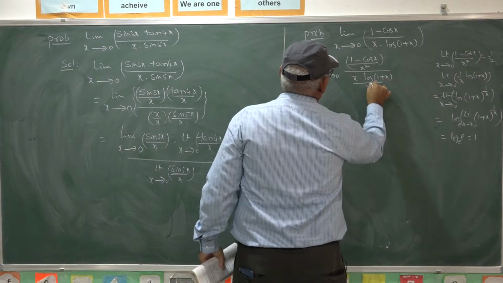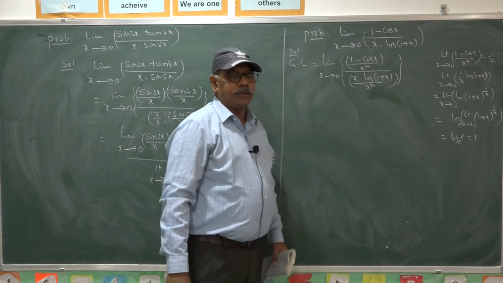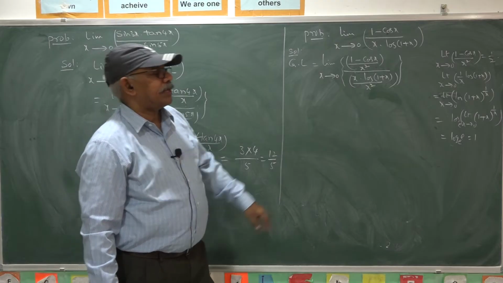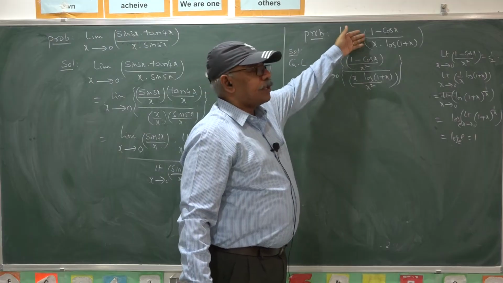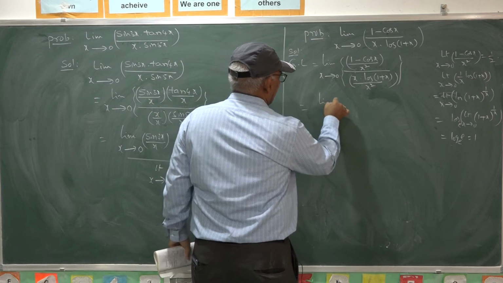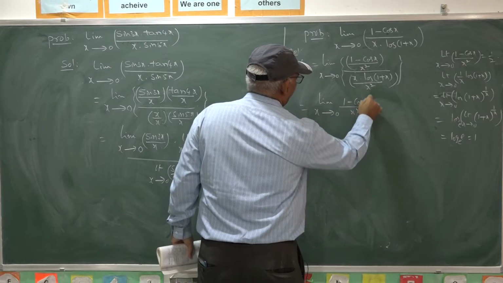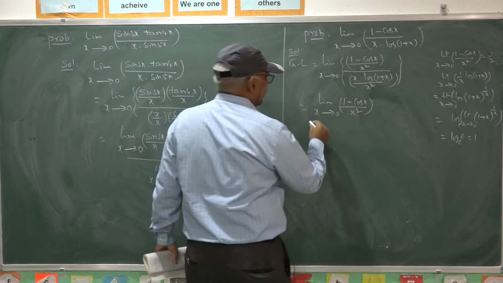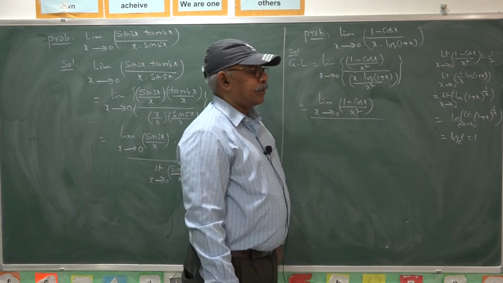Without changing the basic nature of the limit, you can take any modification. So, limit as x goes to 0, (1 minus cos x) by x square over x log of (1 plus x) by x square. That means we are dividing the numerator and denominator by x square here, so that the numerator reduces to the known formula straight away as limit as x goes to 0, (1 minus cos x) by x square, which takes a finite value as half, clearly given to you.